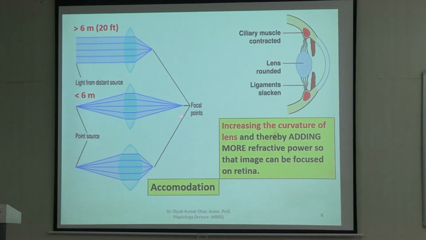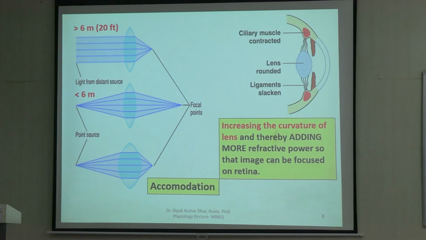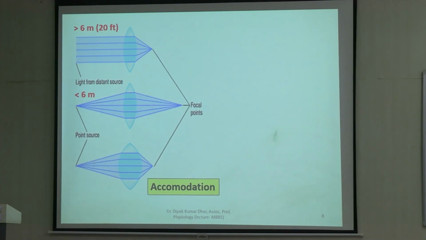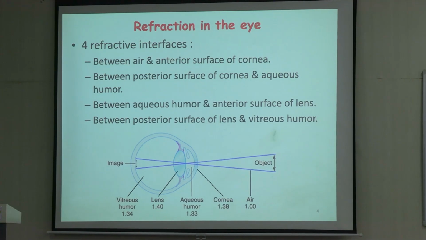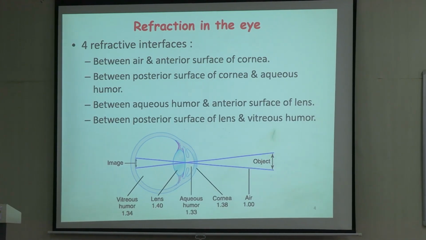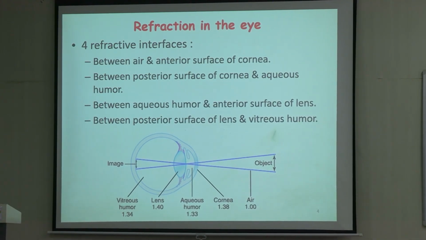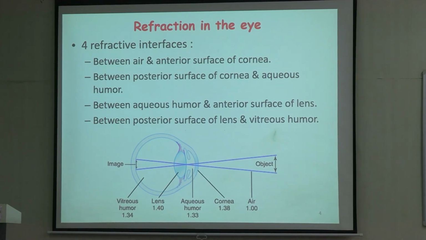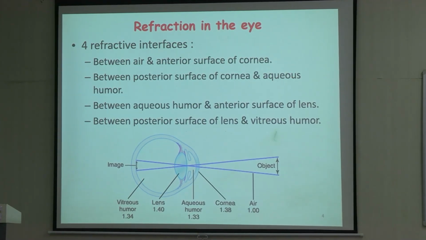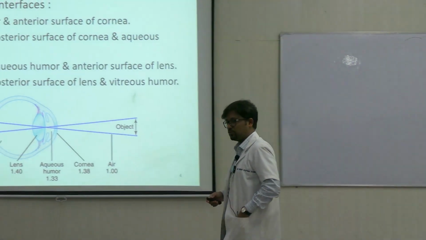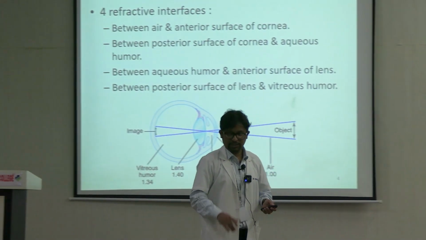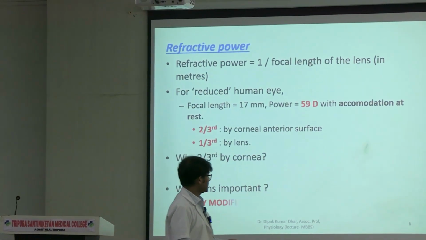The reason that it is more in the cornea is because of the curvature and the refractive index difference. If you look here, the difference is maximum at the air and cornea interface. But corneal curvature we cannot change at our own will or requirement. So the lens contributes one third of the total refractive power, but that we can change as per our requirement by using the process of accommodation. So that is the importance of these 20 diopters.